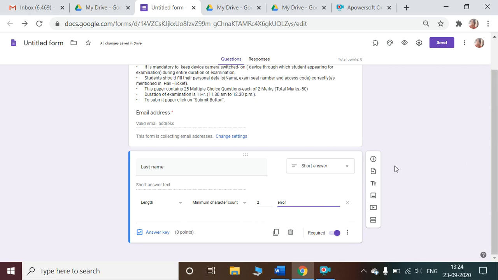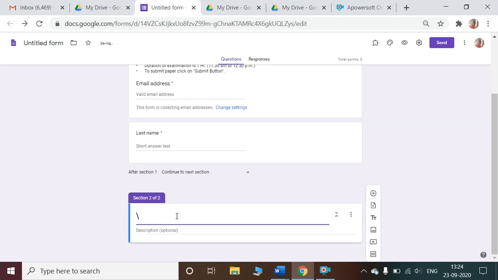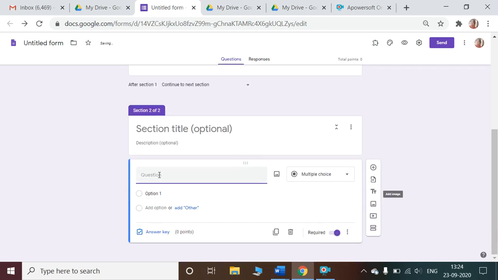Now I will click on this add section. Do you see these two small rectangles? Please click over here, add section. Untitled section, remove this title. The title is removed. Click on plus to add a question.